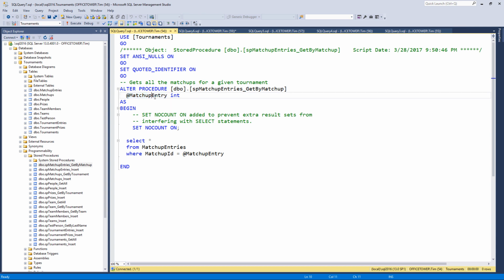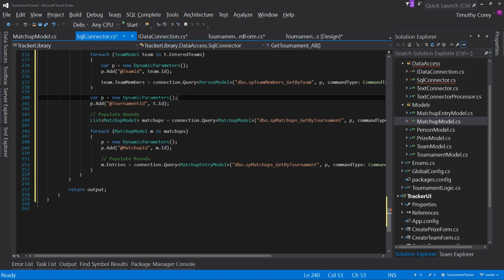Let's actually change that to ID to be consistent. I don't believe we use this anywhere else. The thing to be cautious about is if you've used a stored procedure somewhere else, you just broke it everywhere else. So what I would do, since I know that only my code has been using this database,